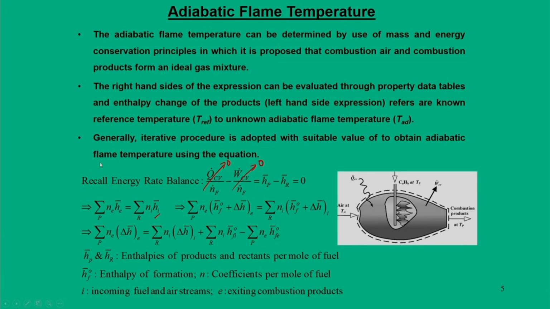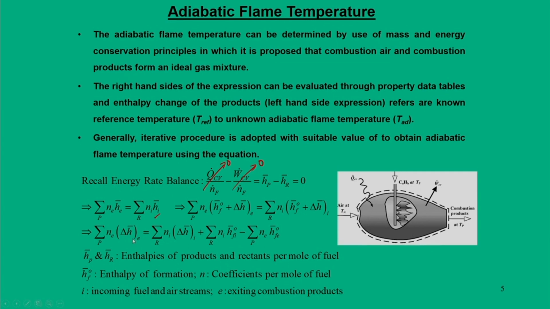So, from this we can derive one important expression: the enthalpy change of the products as a function of the enthalpy change of the reactants plus the difference in the summation of enthalpies of formation for reactants and products. So, this is the basic fundamental equation that is used to calculate the adiabatic flame temperature. In fact, if you look at this enthalpy, and if you say that this mixture is treated as an ideal